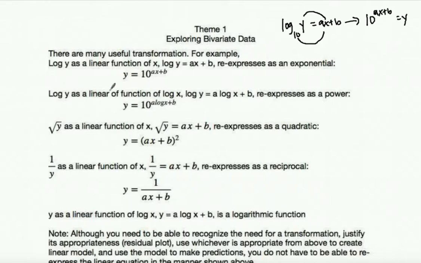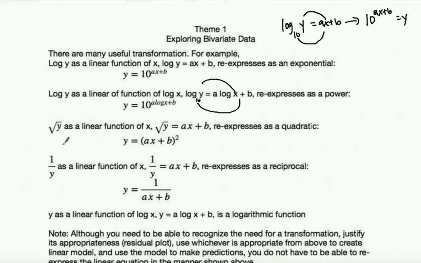Okay, log y is a linear function of log x. So say that we've got to transform our y's and our x's. That's going to express as a power. And so if you have log y equals a log x plus b, just like before, you're going to do 10 to the a log x plus b, and it's going to give you your y. So if you did this,